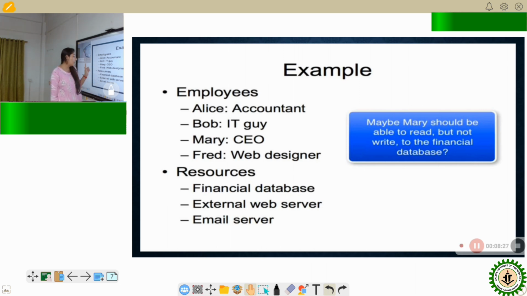So Fred should have access to the external web server. Okay. So this is how we determine what personnel should have what kind of access to which resources. All of these things are detailed in an access control model, which then helps us to enforce these security constraints.